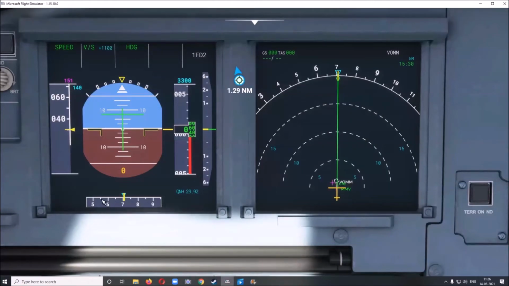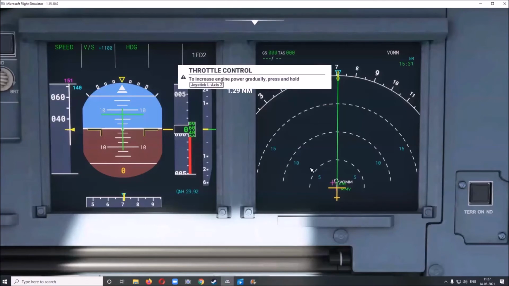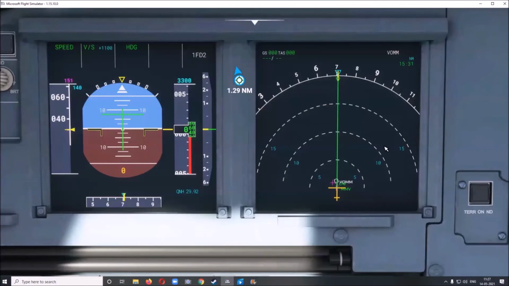When we are taking off, you watch this primary flight display. You will see the speed climbing, altitude climbing, vertical speed up, and we will be pitching up to take off. The navigation display, this is the plane. This is the heading, which is 071, which we have set, which is the runway heading of runway 07 of Chennai. And these are the various distances. And you can see the route map from start to destination when you enter it into the flight management system.